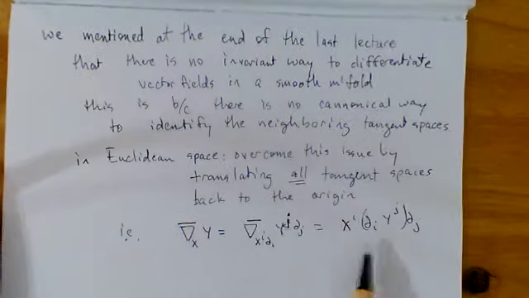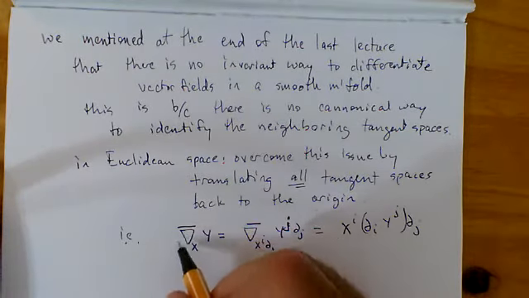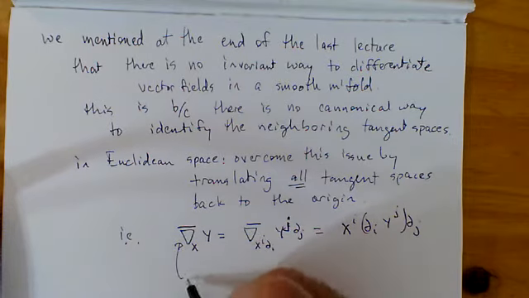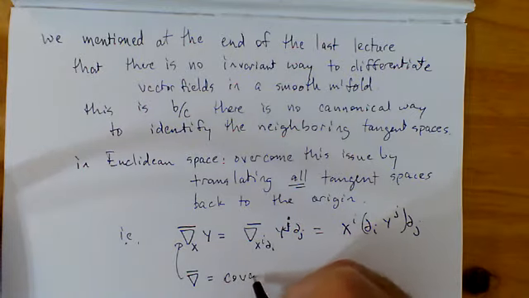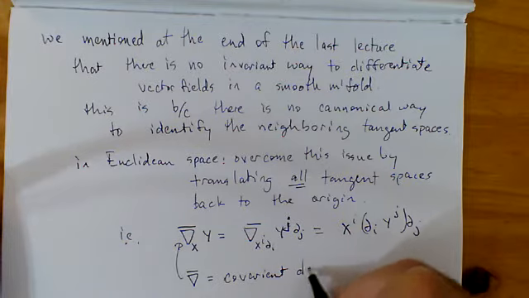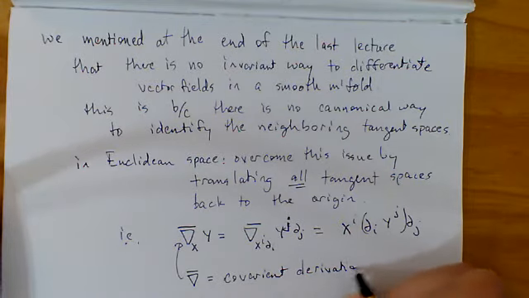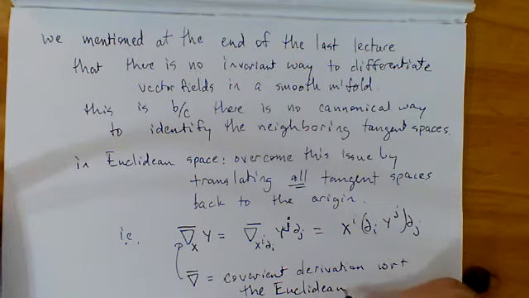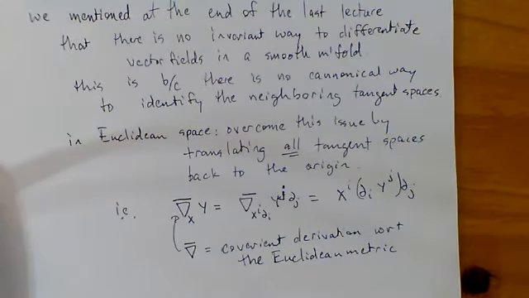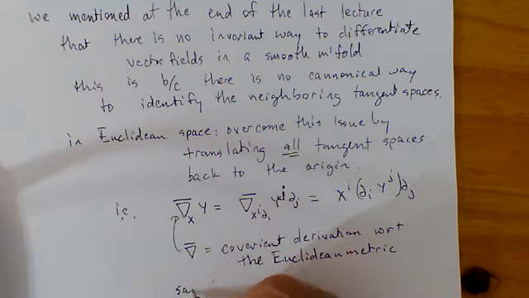Let's stop and make sense of what I've just written down. So first of all, this bar here is supposed to mean, so del bar is going to be my covariant derivative with respect to the Euclidean metric. And what am I writing here? I'm saying that